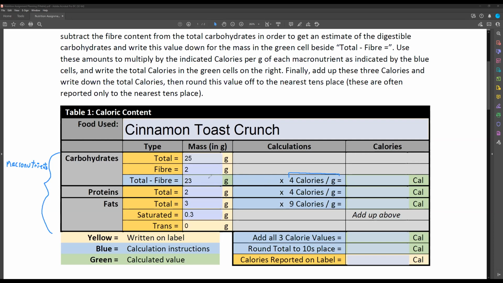I have 23 grams, so I can take 23 times 4 calories per gram, which gives me 92 calories, which I can enter in the green tab over here. Proteins happen to have 4 calories per gram as well. So 2 times 4 gives me 8 calories over here. And my fats, 3 grams, are actually very energy dense. So 3 grams times 9 calories gives me 27 calories from these fats. If I add these values up, 92 plus 8 plus 27, I have a total here of 127 calories from